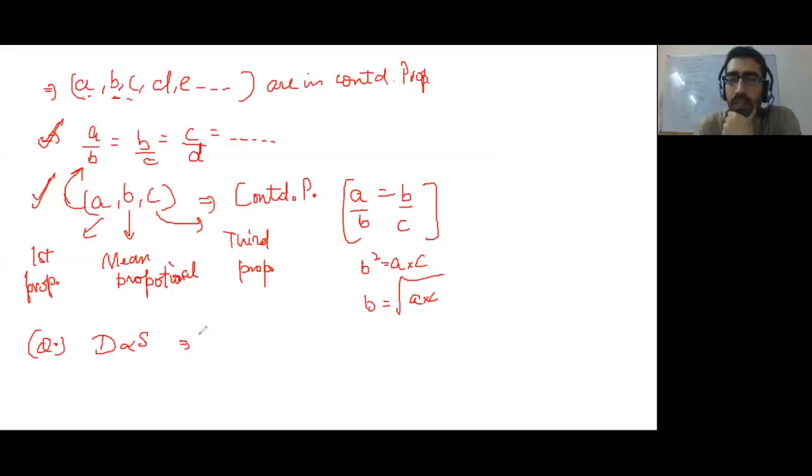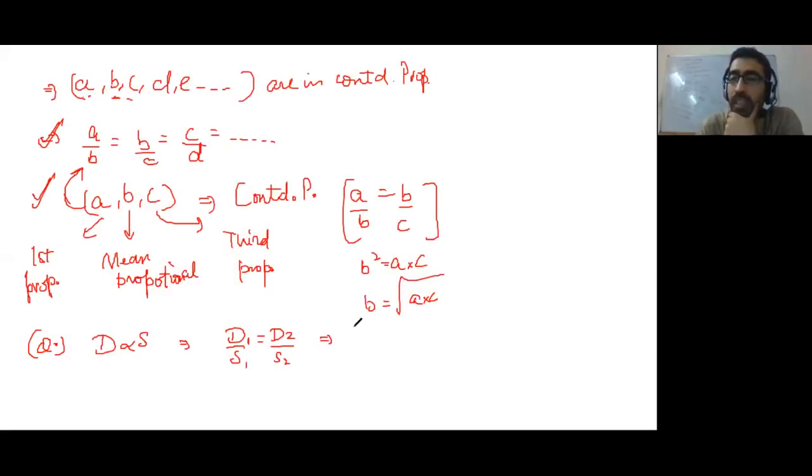So if distance is directly proportional to speed, what you are essentially saying is that the ratio of distance by speed is constant, which means that distance covered in instance 1 divided by speed in instance 1 must be equal to distance in instance 2 upon speed in instance 2. Which means, say, if